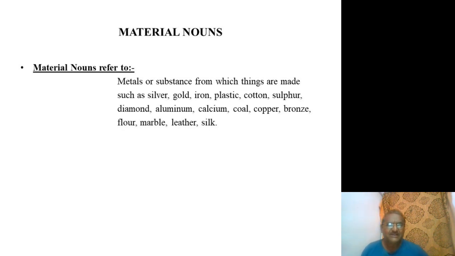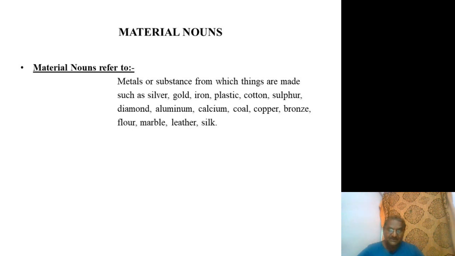Then you think that it might be a collective noun, or it might be some other noun, maybe a countable noun or uncountable noun. You may think that, or if any answer is there, like none of the above, then naturally a candidate who is appearing for competitive examinations chooses that none of the answers. In that way, we commit mistakes. That is the thing that we have to understand.